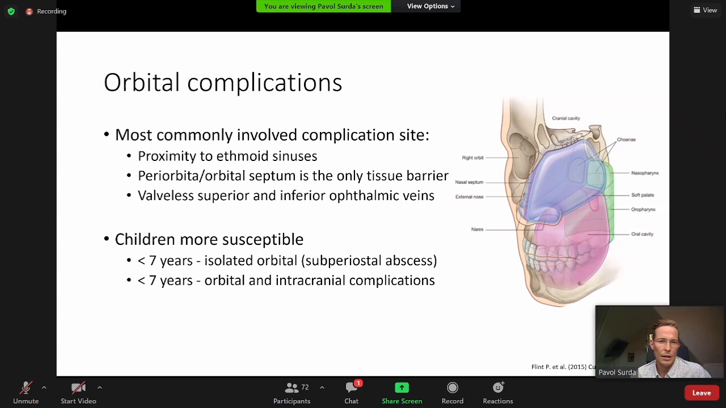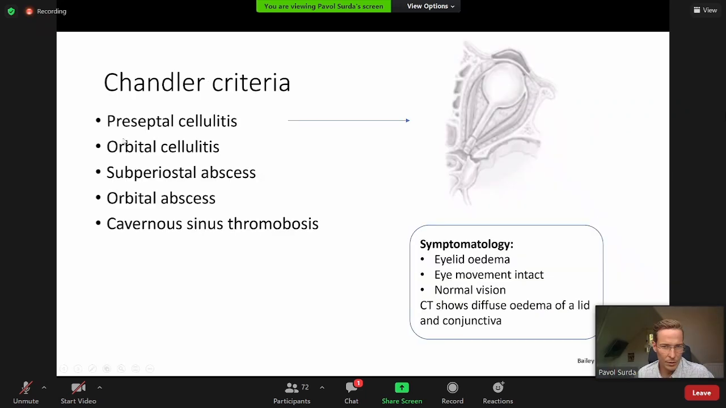I will just very quickly run through that because most of you know it, and it's not that important for this particular talk. So we have got preseptal cellulitis, which is the most common type of